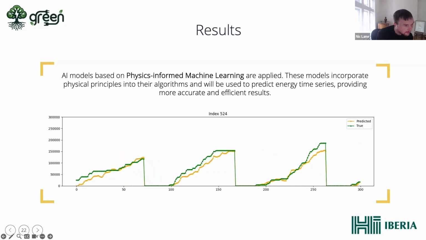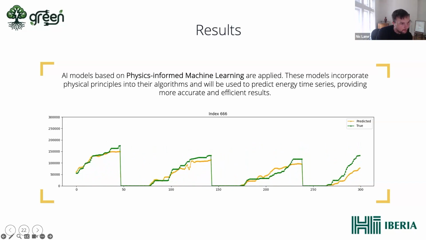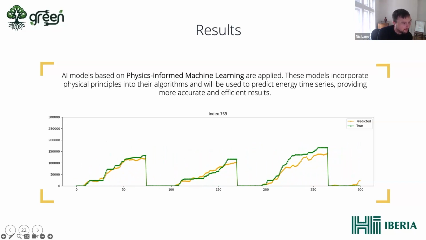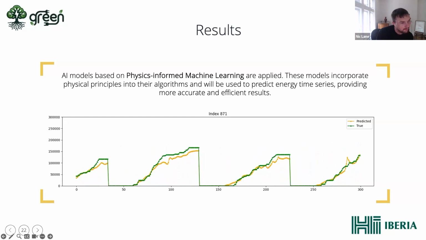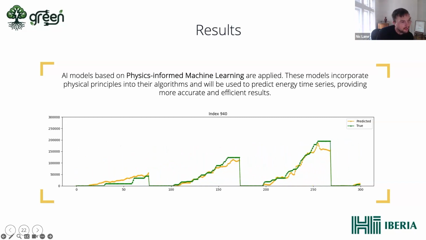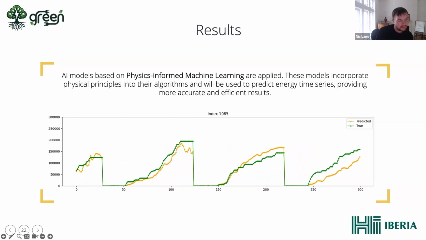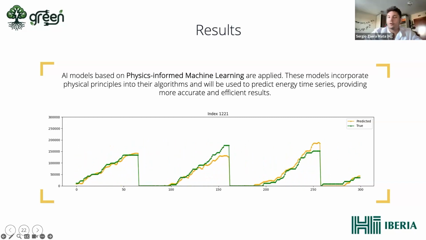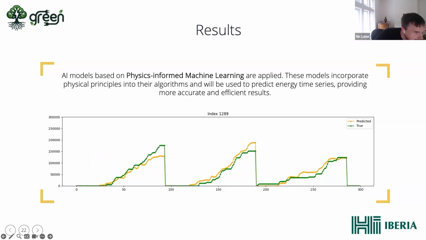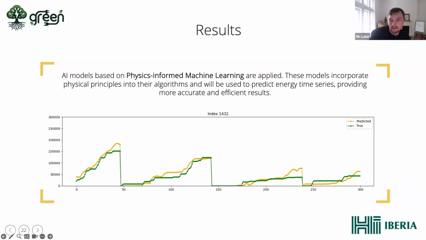There's another question here. It says, was the Green deployment fully distributed via blockchain, or does it also have a server-client model? And what is the current and future scale of the number of edge clients? I guess it's a two-part question. The second part, can you repeat, please? What is the current and future scale of the number of edge clients?